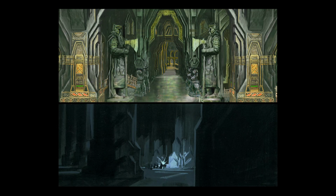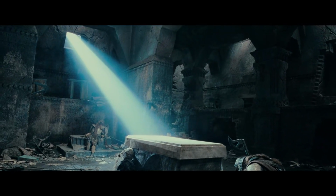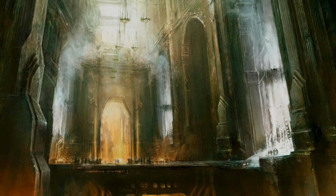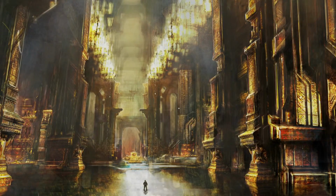We've never seen a dwarf kingdom in its heyday. You know, we've seen ruined ones before, but not one in its prime. As part of this point of difference of Erebor from Moria, we decided to go with a palette change inside this mountain. Moria was basically a kind of a grey stone, very kind of bleak and dark and ruinous because it had been inhabited by Balrogs and orcs. Whereas this dwarven city was pretty much intact, you know, so there was an opportunity to show a dwarven city